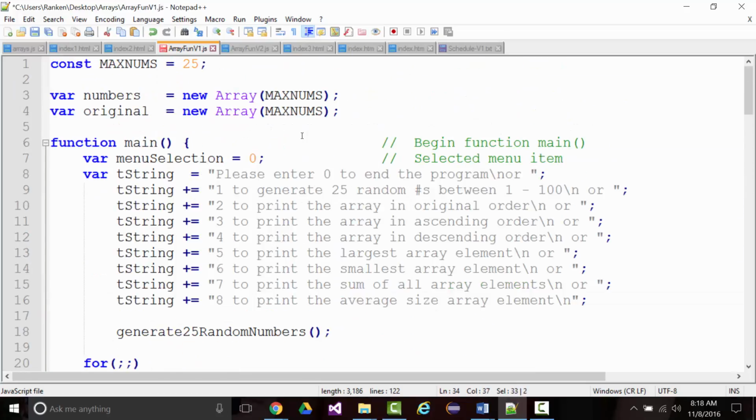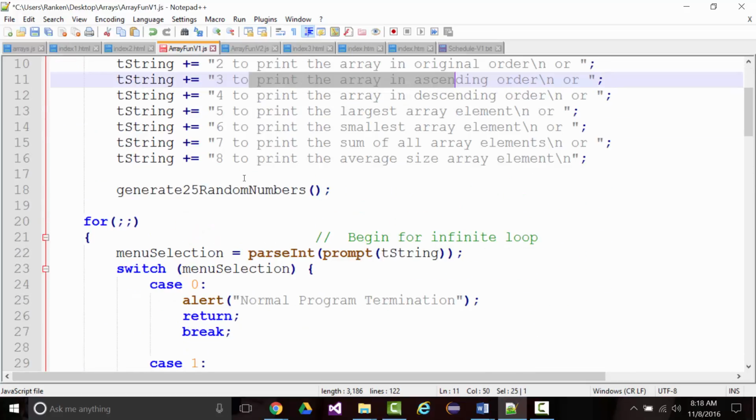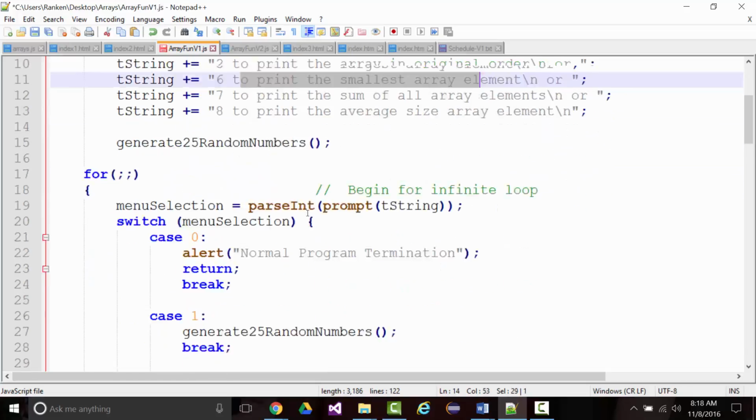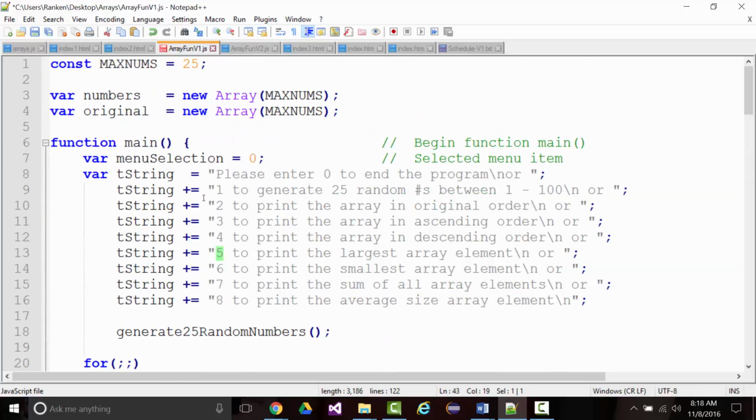If you enter a 3, which is the array in ascending order, or you enter a 6, which is the smallest number, in both those cases, I'm going to print the array in ascending order. Remember, if I print the array in ascending order, all I have to do is grab that first one that's in there, and that's my smallest number. All right? And then I do the same thing here. This will print it in descending order, and it'll give me the largest number, which will be the first array element. All right? So that'll handle